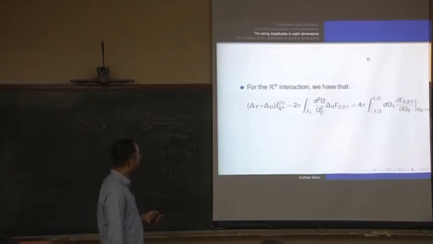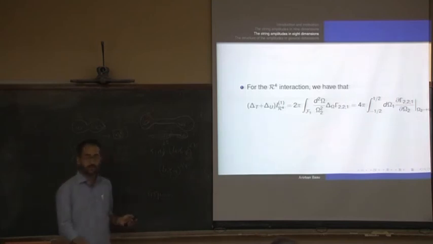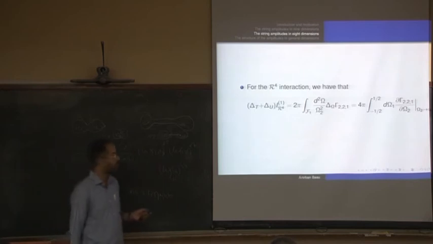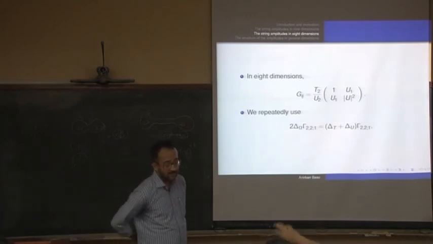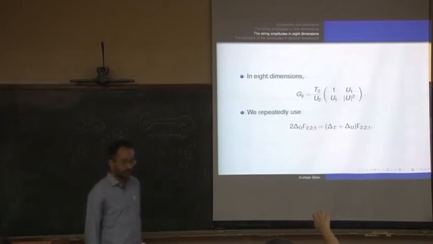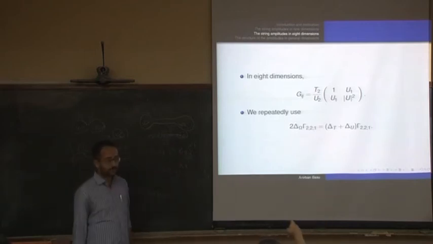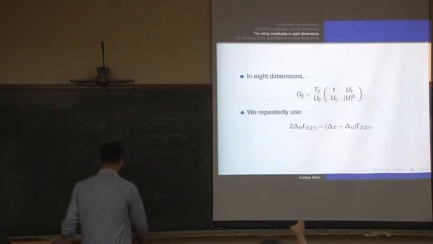So now for the R to the 4 interaction, this is what you get. This was the boundary term. So now I shall perform an honest analysis of the boundary term to see where it goes. In fact, I'm doing it here because this is non-vanishing. In this 8-dimensional case, this differential equation almost looks like there is a symmetry between the T2 of the target space and the T2 of the world sheet. Actually, that's what happens, isn't it? It's like some kind of combined Casimir equals U.